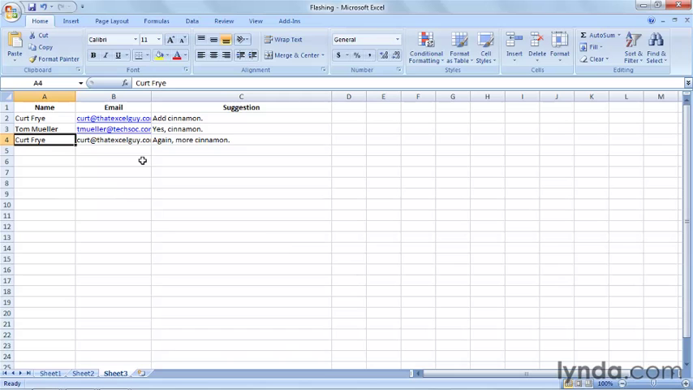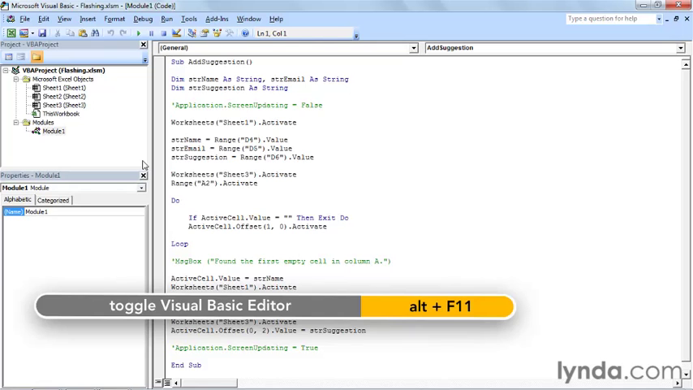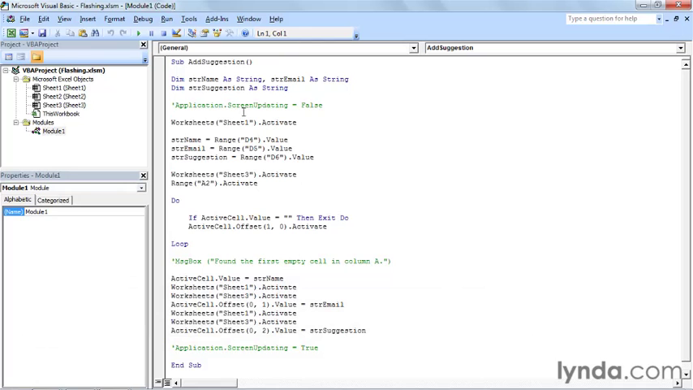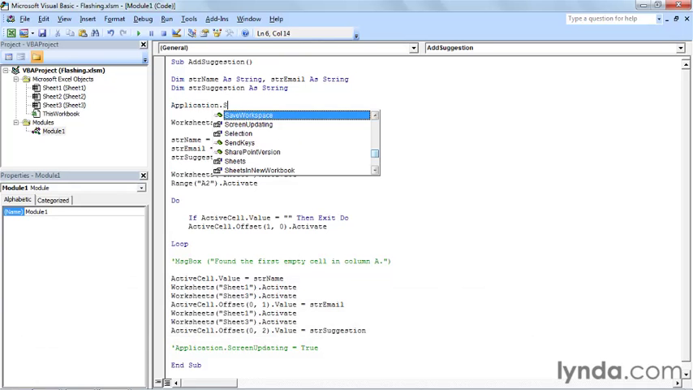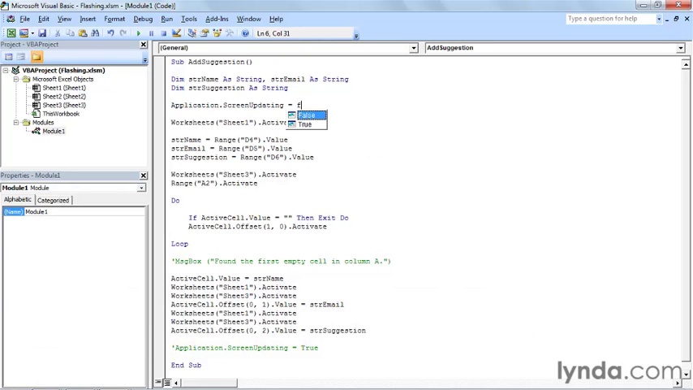There is a way to prevent the screen from flashing while Excel runs your code and switches from worksheet to worksheet. I'll press Alt F11 and show you how to do that. The command that you use is application.screenUpdating equals false. So I'll type that in: application.screenUpdating equals false. Setting application.screenUpdating to false means that Excel will not update your screen until either the subroutine ends,